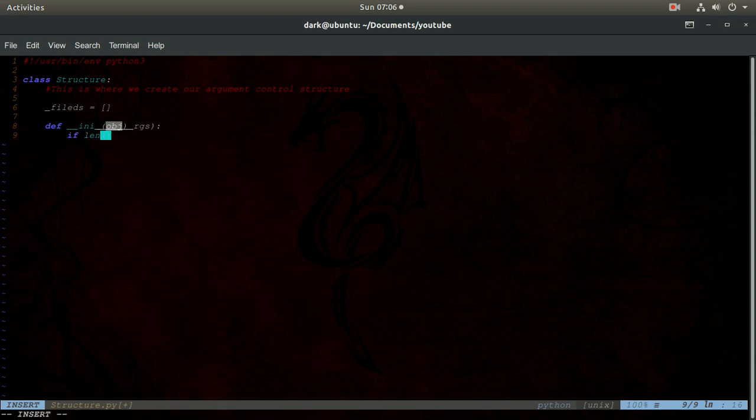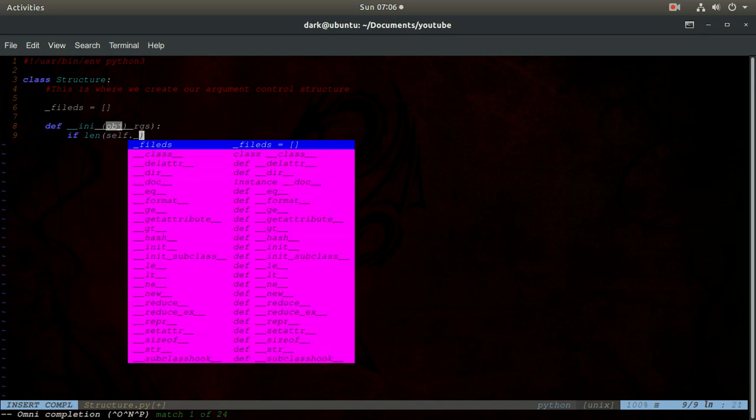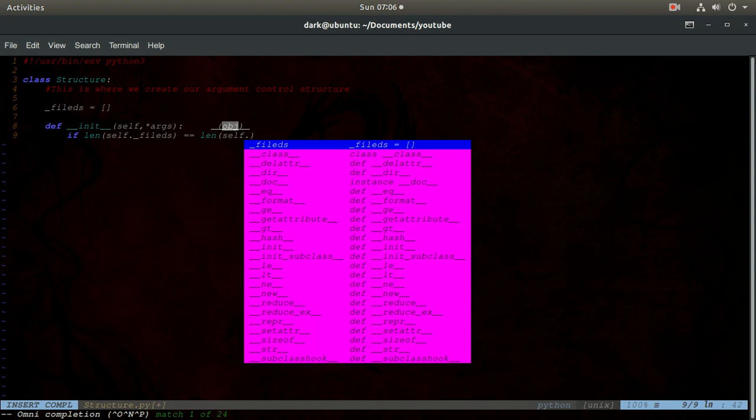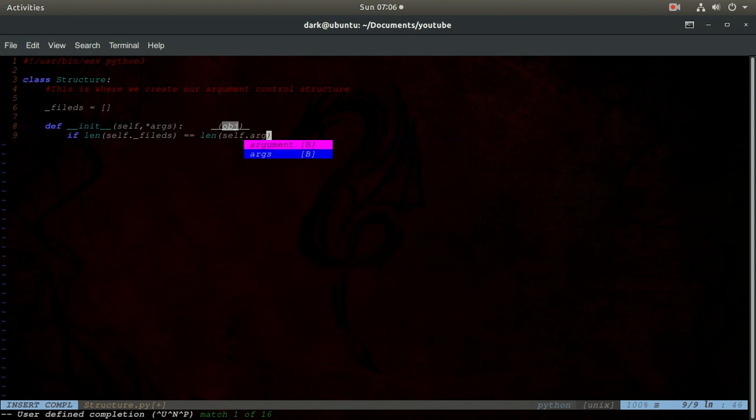If length of self dot fields is equal to length of self dot args. No, it's args, not self. Right. If these two lengths are fine, that means what we are passing into the fields, which should be required from the child class, and what we have passed through the arguments, star args, both are equal. If these are equal, then for now I'll just print out some random text saying